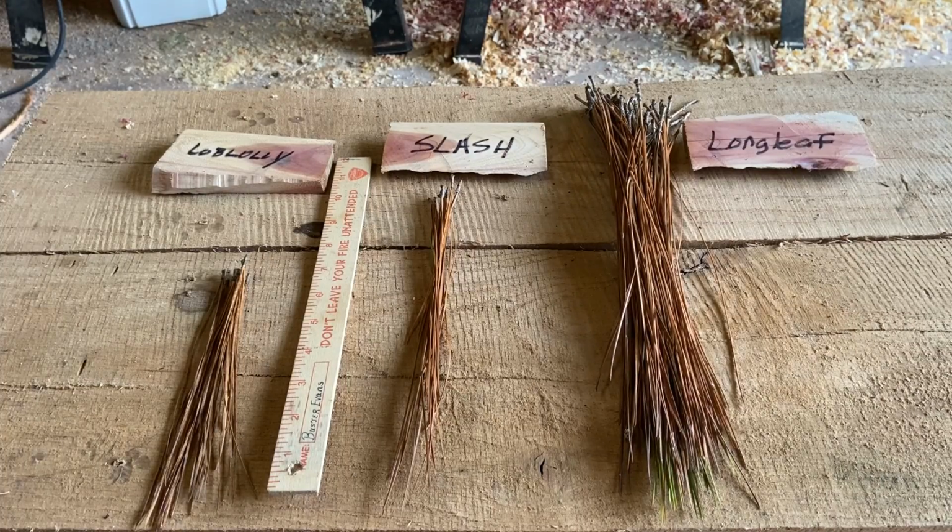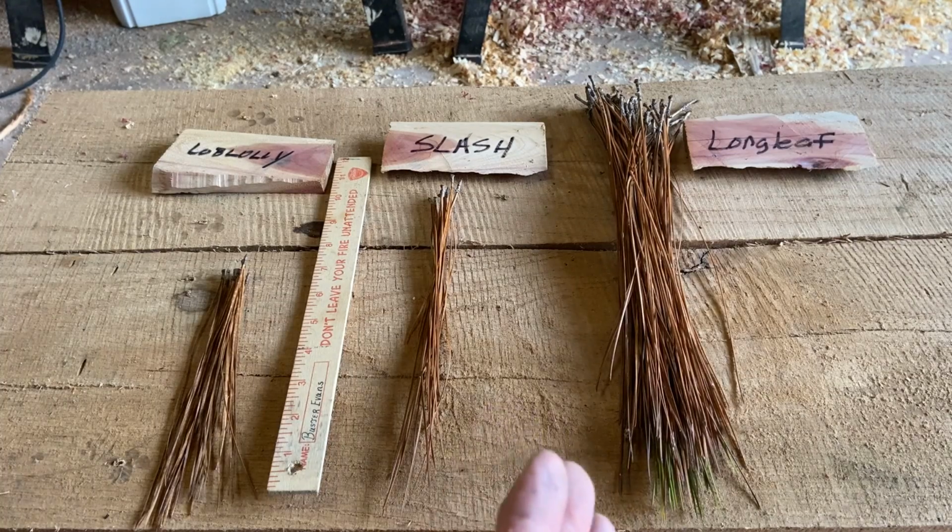Okay, we're back here in the shop at Copper Beech Farm, and want to show you the results. We asked the question, which is the best kind of pine straw? There are three primary types of pine trees grown in Georgia. There are some other lesser varieties, but loblolly, slash, and longleaf. Primarily, and this video really shows the reason why, slash and longleaf are the premium, the desired product of pine